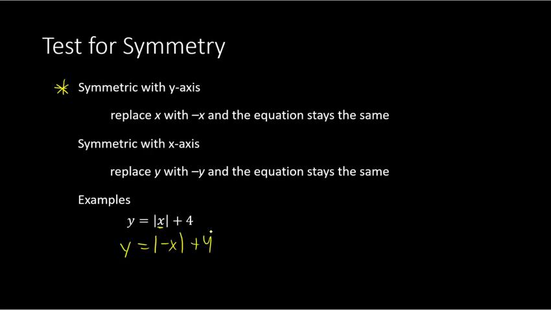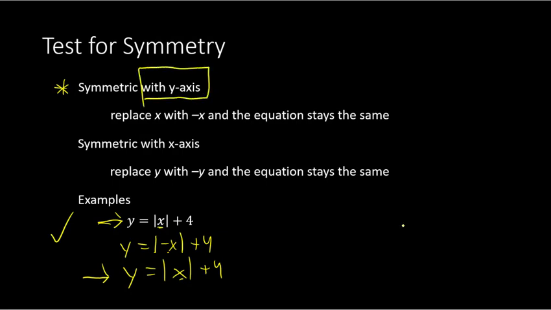All right, so the question is, would this equation be the same as the one up here? Well, the answer is yes, because the absolute value of a negative number makes it positive. So we can write this as the absolute value of positive x plus 4. All right, it's going to be the same exact equation that we started with. So because it's the exact same equation, when you plug negative x in place of x, the answer is yes, this would be symmetric with respect to the